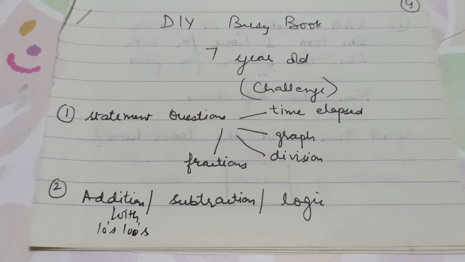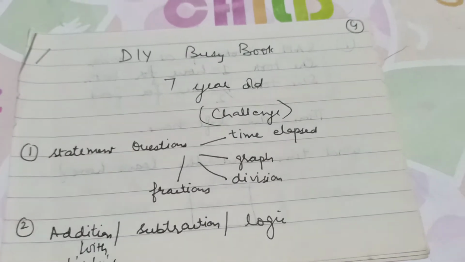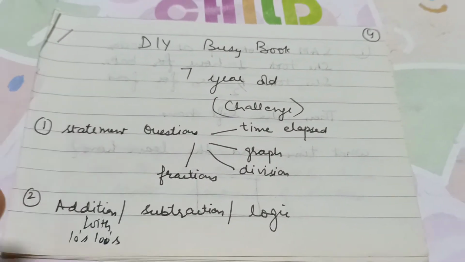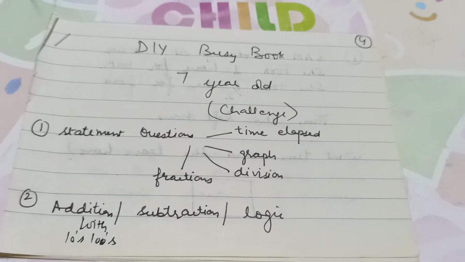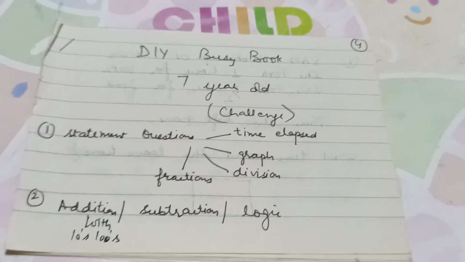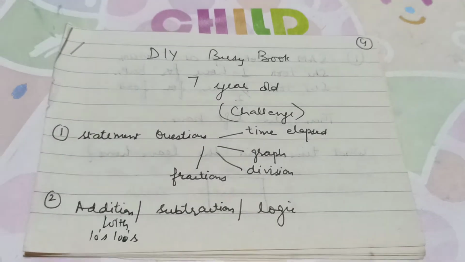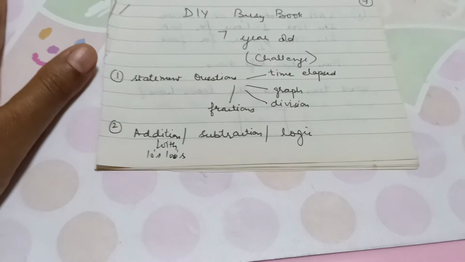Now today is a busy book for my 7-year-old. We have already entered the next year. I'm going to try different kinds of stuff with her in the first 2 or 3 months to see which level she's in, how much she has to work, which topics she has conquered very well in last year's curriculum, and which we have to work on next year. All the testing times are here, so just first 2 or 3 months bear with us.